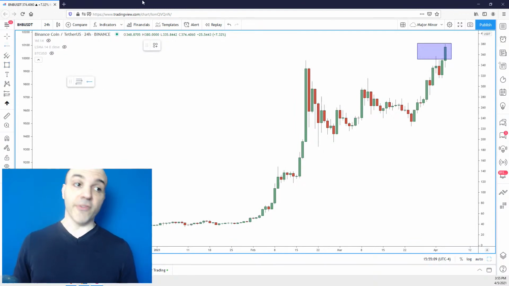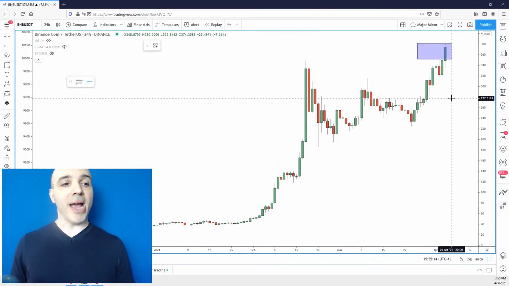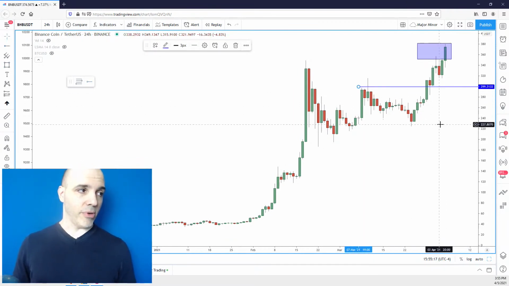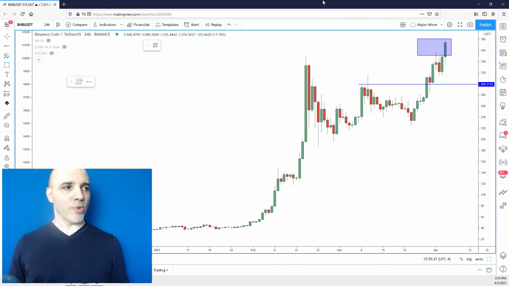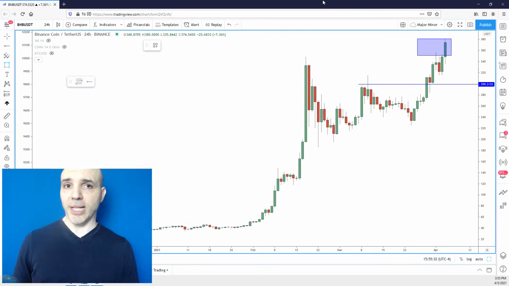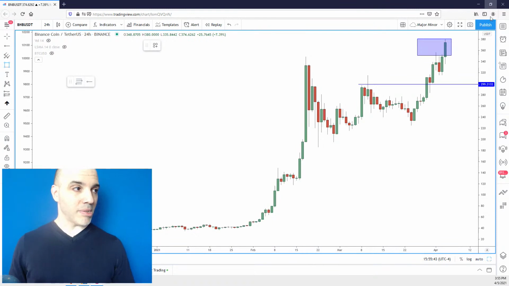If you're not in it, the next question I ask is, where would I get into this? And by the way, Binance Coin is a good candidate for a swing trade because it's got the price range movement. This thing's up 25 points today. That's what I want to see. When it comes to a swing trade, a lot of these penny coins go from 15 cents to 16 cents. Okay, great, if you buy like $100,000 worth, sure, that's worth something. But there's just too much noise involved. So I like to see something like this. This is a much better candidate.